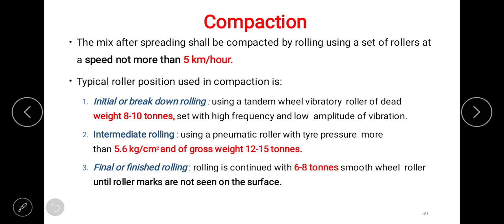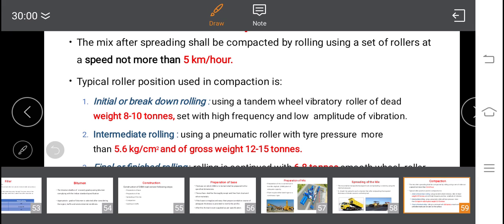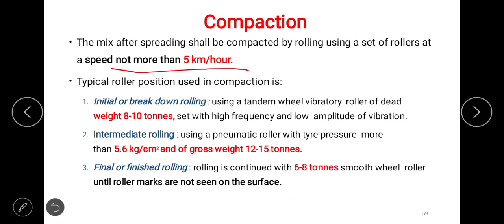Compaction. The mix after spreading shall be compacted by rolling using a set of rollers, and the speed of the roller shall not exceed 5 km per hour. We should not move the vehicle with more speed. It should be less than 5 km per hour. Then proper compaction is done. Typical roller positions used in compaction, etc. You can read and understand.